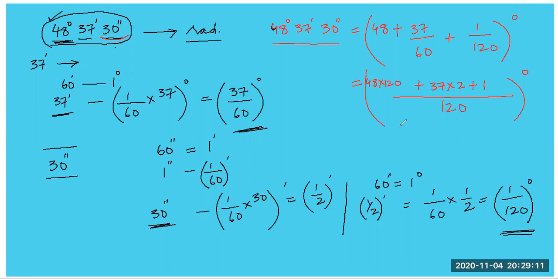So when I have converted this into degree, this degree can be easily converted into radian. How? Simple. 180 degree is equal to how many radians? Pi radians. And you just calculate this and the answer will be, please see whether your answer is matching, 389 divided by 1440 pi radian. Even if you don't write radians, it is correct.